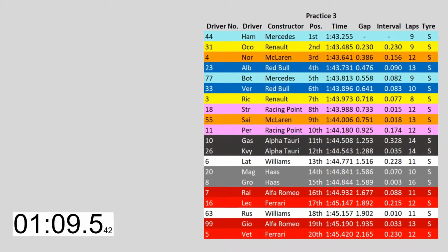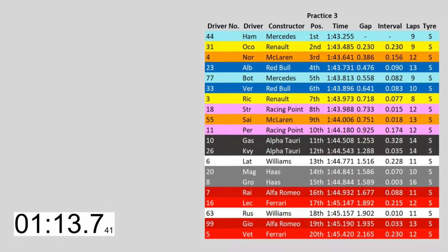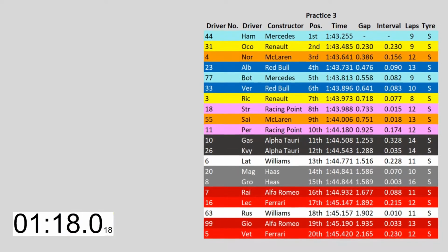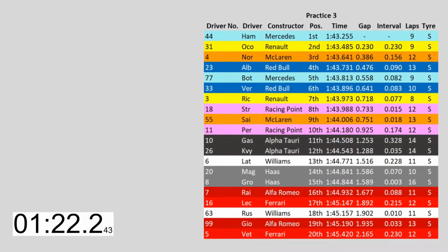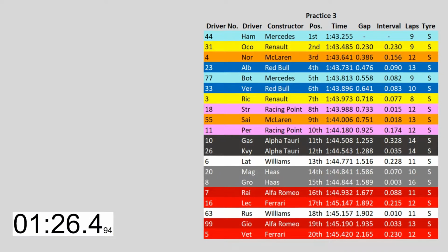the 2 Red Bulls, with Albon finally in front of Verstappen. Ricciardo finds himself P2 with Sainz in between the 2 Racing Points, the 2 AlphaTauris in their favourite 11th and 12th places as always, Latifi a best 13th place in practice, the Haas cars finally getting some decent running in,